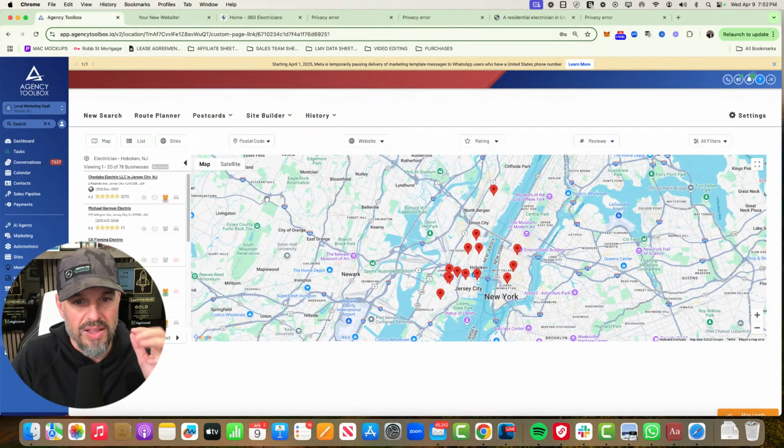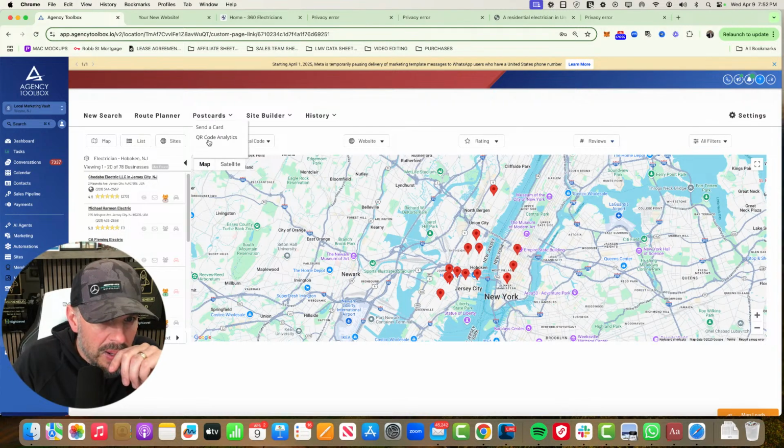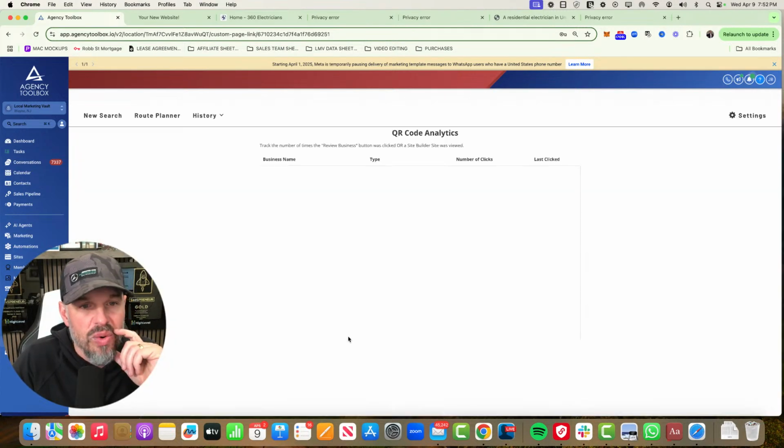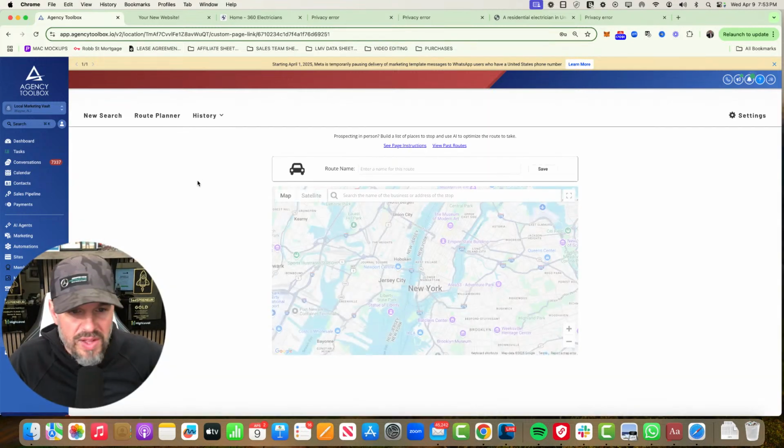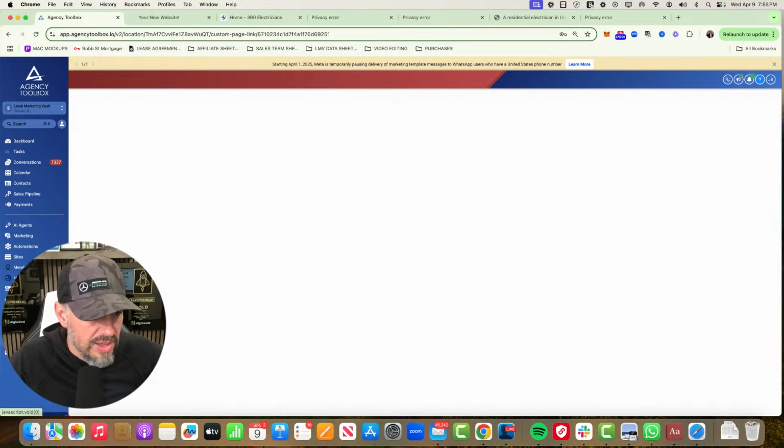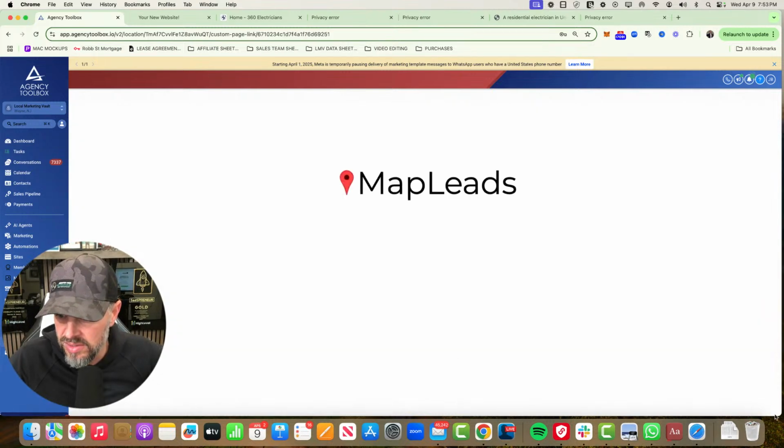And so you could do it on postcards, and then you could see your QR code analytics. So this is where you'll see anybody that scanned that QR code if you're sending postcards. The postcards are cheap. It comes with a plan. And one thing that I wanted to note, because I think one of the most important things here is,